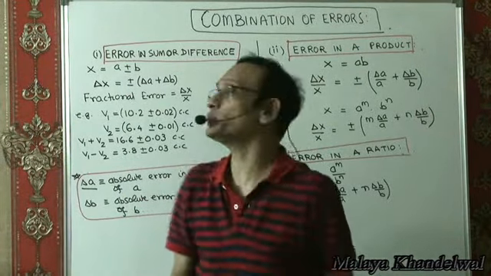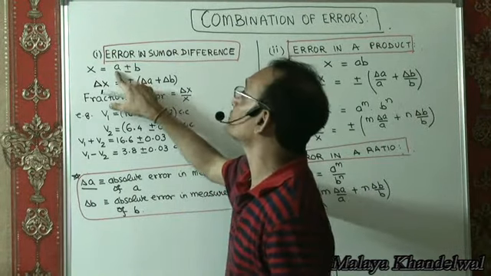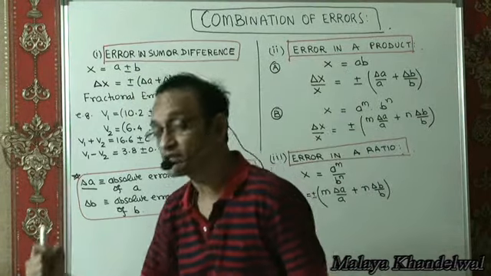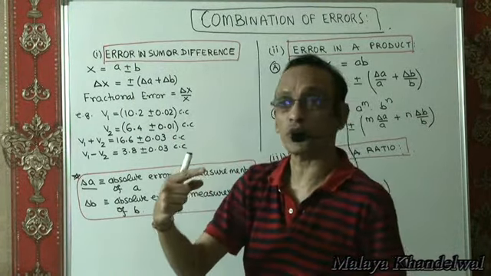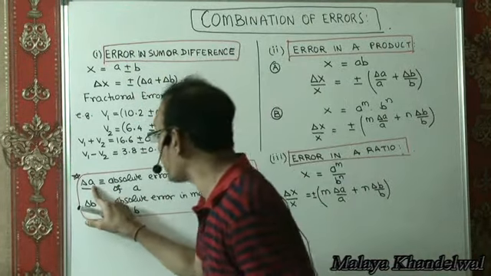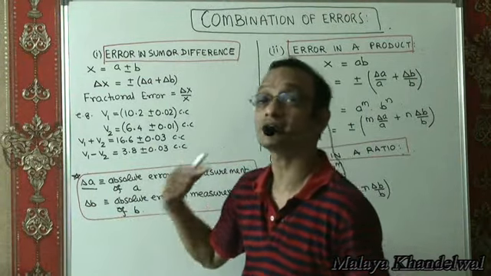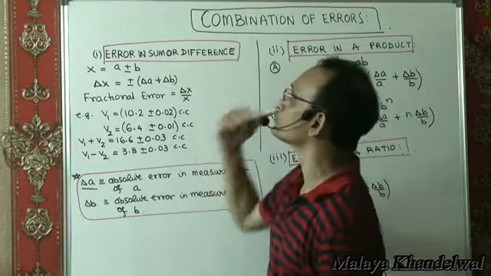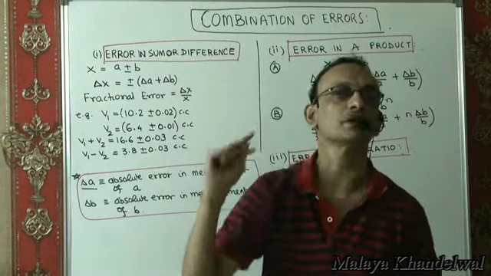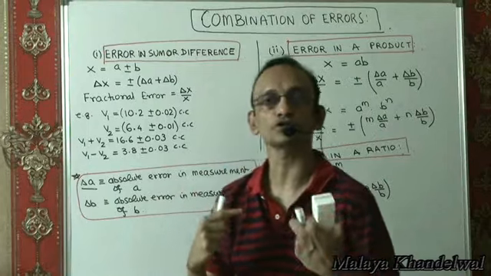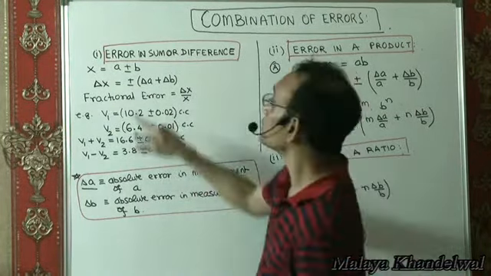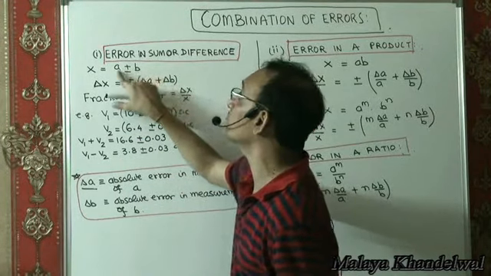Now we have to deal with a quantity X, which would be A plus minus B, where A is a measured quantity obtained out of one experiment, B is a measured quantity obtained out of another experiment, and we have knowledge of delta A and delta B. Delta A represents the absolute error in measurement of A, delta B represents the absolute measurement error in measurement of quantity B. Now if we have to deal with X, which is sum or difference of A and B,